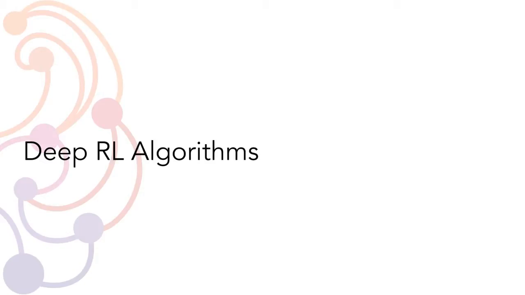All right, so now we're going to move on to deep RL algorithms. The exciting thing about RL, even though it has existed for say 50 years or so, is that it's only now starting to get more popular because we have these general function learning things called neural networks. And neural networks learn those functions for us based on our data.